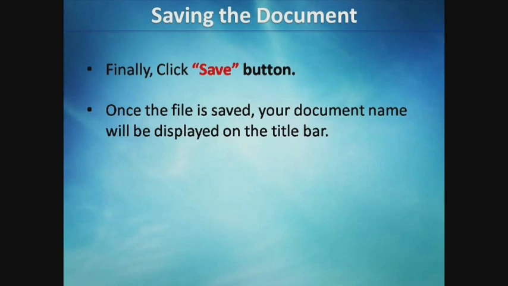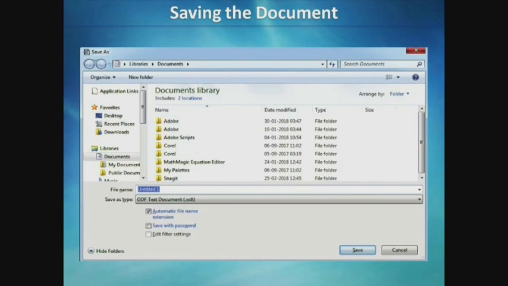Title bar consists of the name of the document and the name of our application. By default, the name of the document is Untitled 1. And we know very well the name of the application is OpenOffice Writer. When you save a document with a different name, that name will be displayed on the title bar instead of Untitled 1. See this picture.